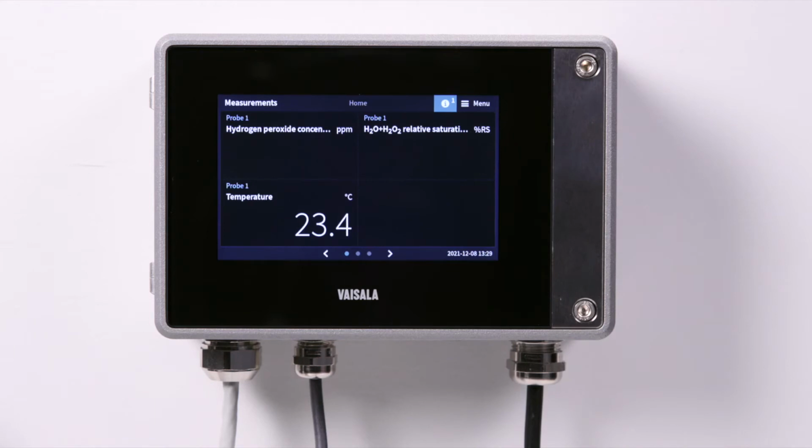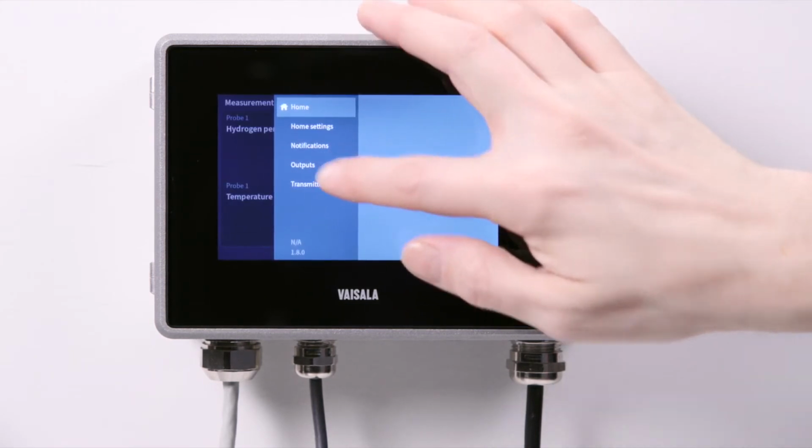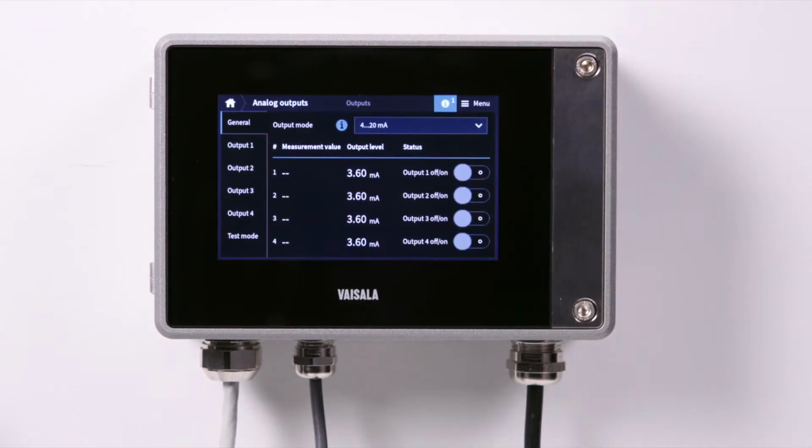Okay, next thing we probably want to do is output this measurement data into some control or data acquisition system. Let's do that next. Menu and outputs, and let's use analog outputs.